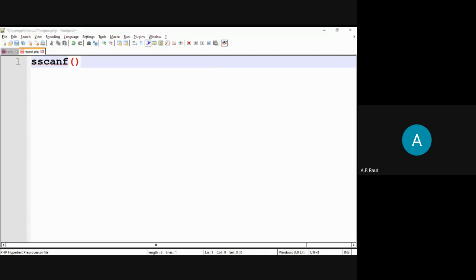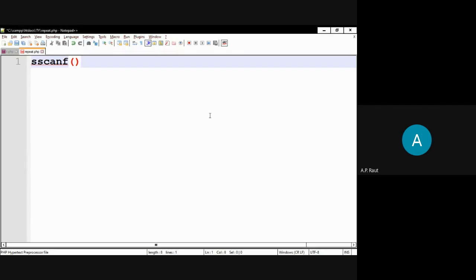Write down that this function decomposes a string.